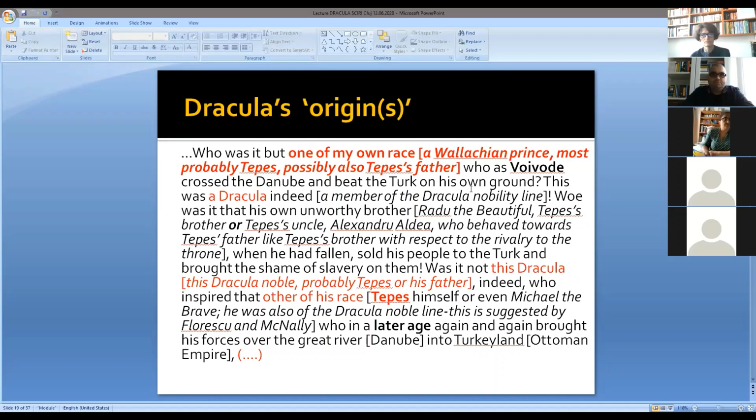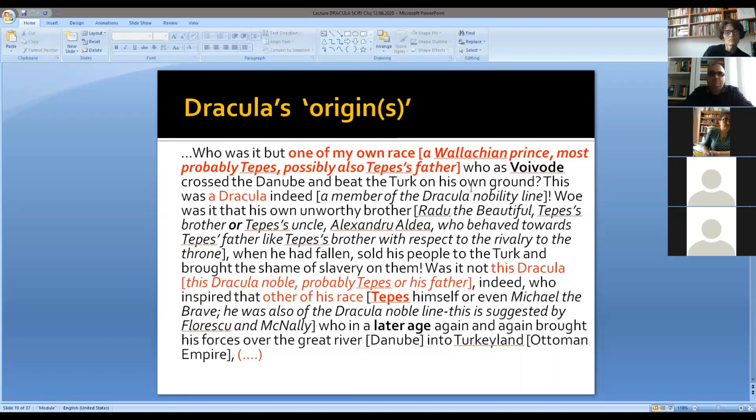"So, was it that his own unworthy brother, when he had fallen, sold his people to the Turk and brought the shame of slavery on them? Was it not this Dracula," in the sense that it was this Dracula noble, probably Țepeș or his father, indeed, "who inspired that other of his race," which is maybe